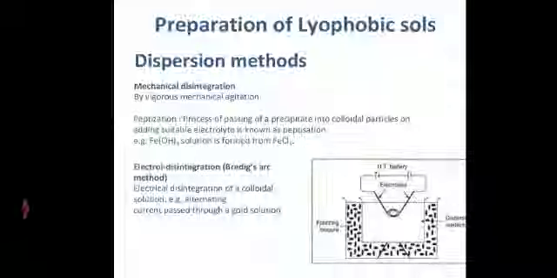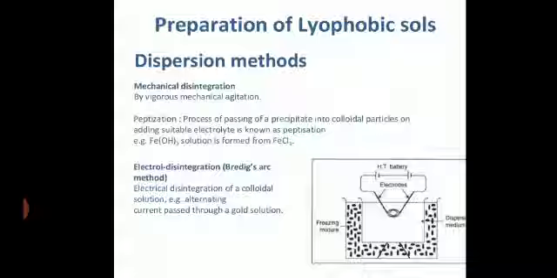Clear? So as a result they get dispersed due to electrostatic repulsion. Electrostatic repulsion means, see, from the ferric chloride ferric ion will be there, and from the ferric hydroxide ferric ion will be there. So when they come closer to each other they get repelled. Got it? Electrostatically they get repelled and dispersed. This gives particles of the colloidal size.